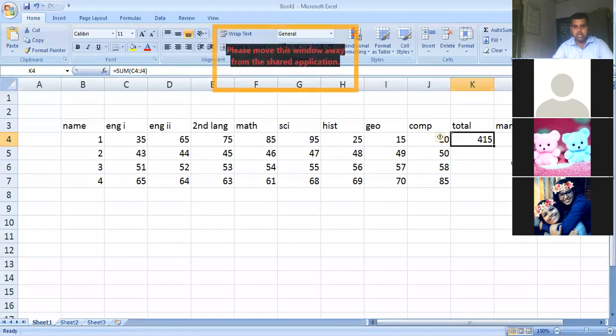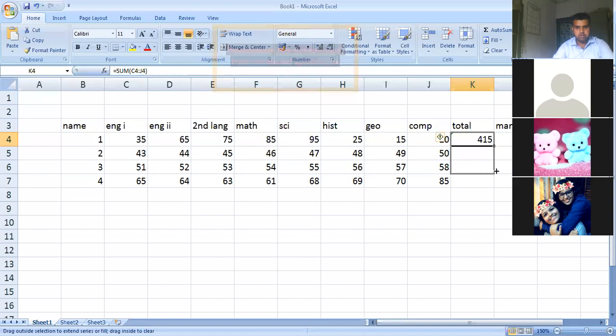Normally it is a thick plus sign, but if you take it to the bottom corner of the selected cell, it becomes a thin plus sign. So what we will do is left click on the mouse button and drag down to the rest of the cells.